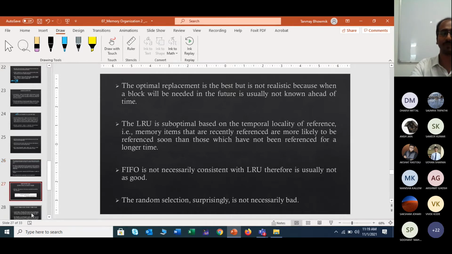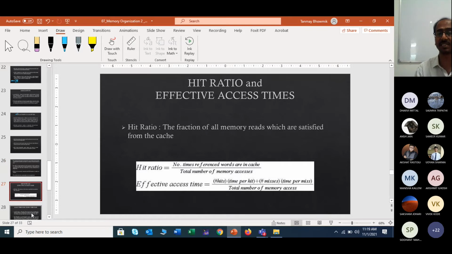Okay. The next thing is hit ratio and effective access time. That is one important point, and you will get different types of numerical problems regarding this. We have discussed that you are searching for data in the cache. If you find the data in your cache, it is a cache hit. If you don't find it in your cache, it is a cache miss.